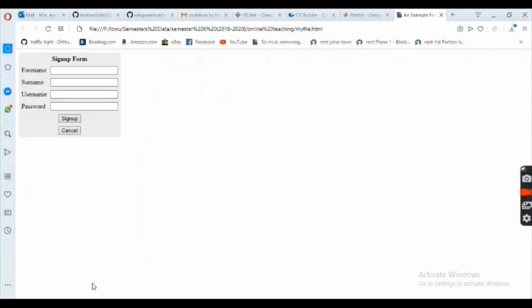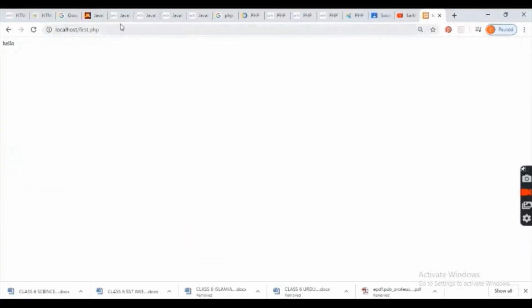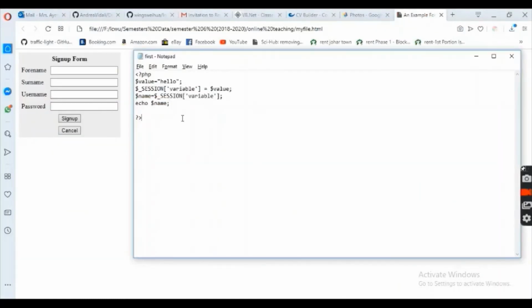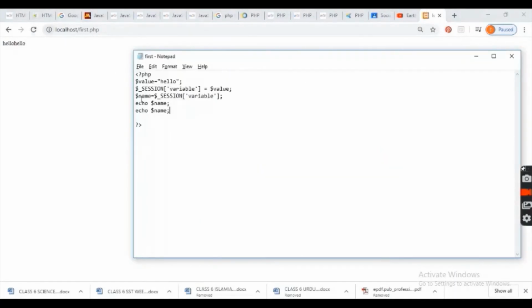And you can come here to see the output. I'll refresh first.php and it is going to display the name. First.php. Now I will refresh it. It is displaying hello 2 times because I put echo 2 times.